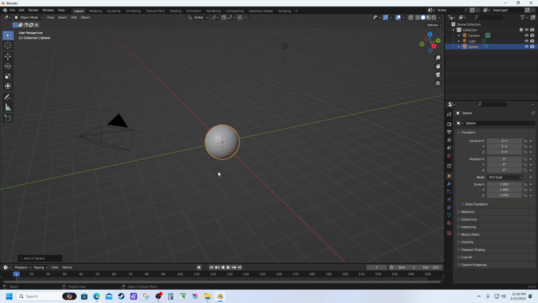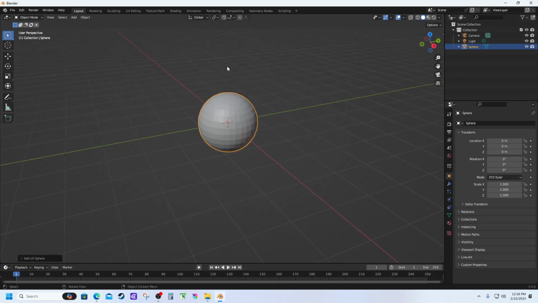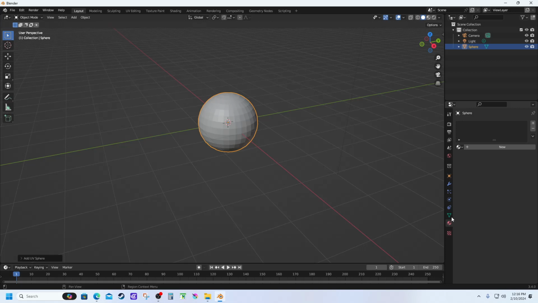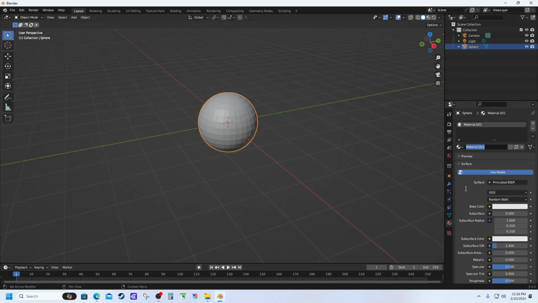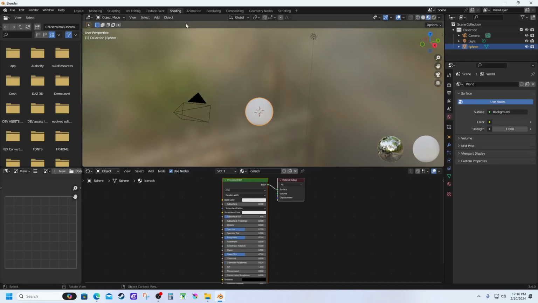That'll do. Zoom in there. Now I just want to go to the material on it. Alright, I got a new material, and we're just going to call it that, that's fine. I'm going to come over here to shaders,